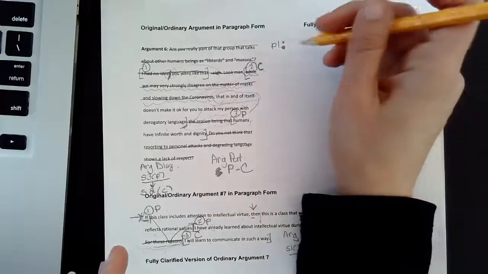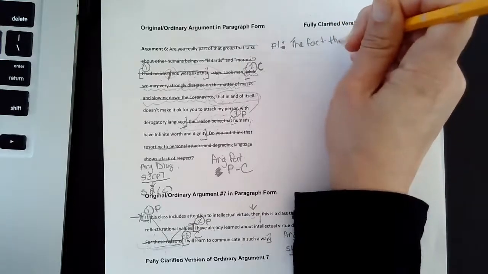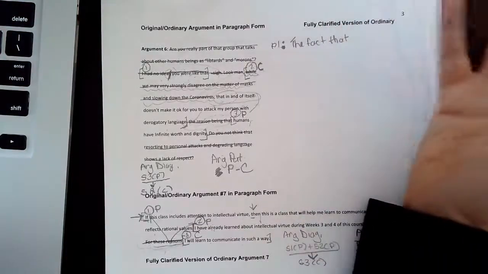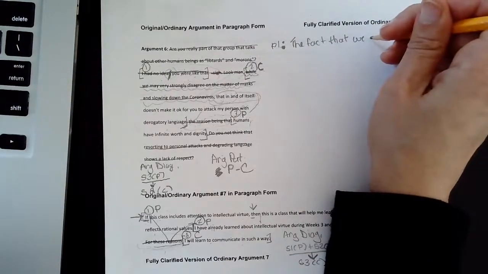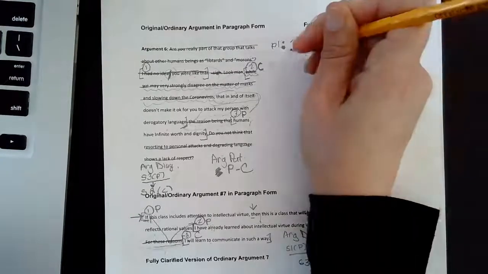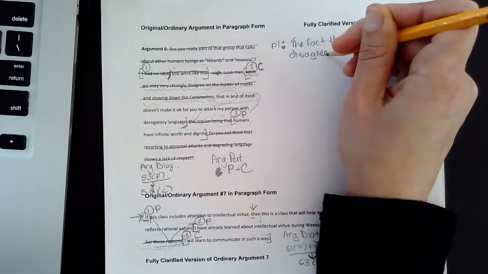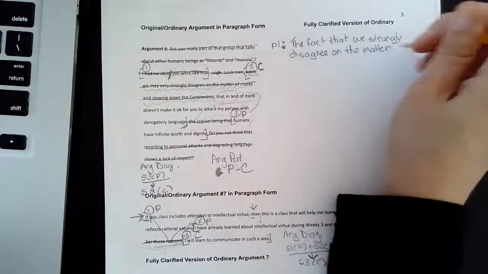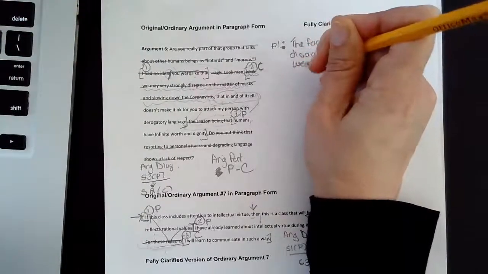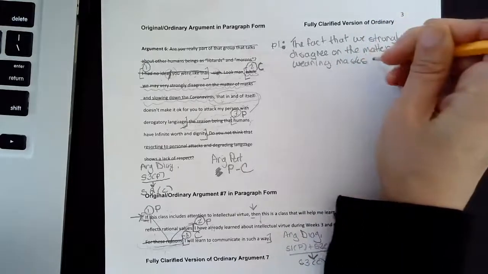We need to say something like the fact that. Now this is no longer a discount. It's referencing something that is important, okay? The fact that we strongly disagree on the matter of wearing mask and slowing down